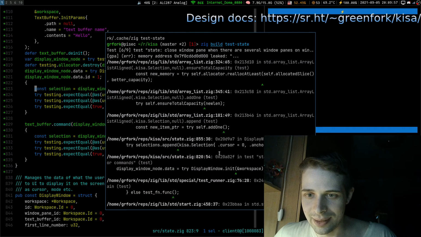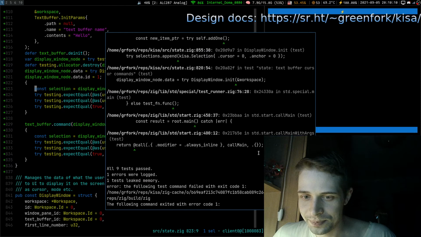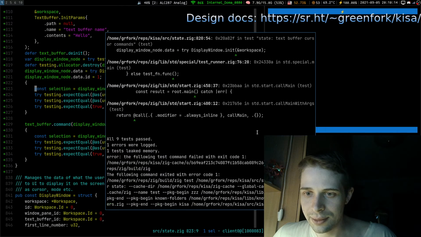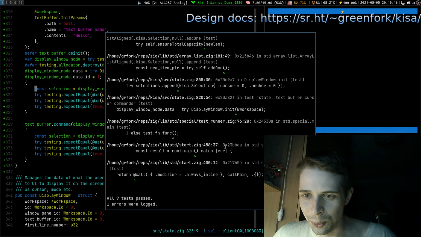Okay, let's actually look at the output. Oh, it is even in another test. Stay at close window pane when there are several window panes. Okay, let's try to understand why did we fail.